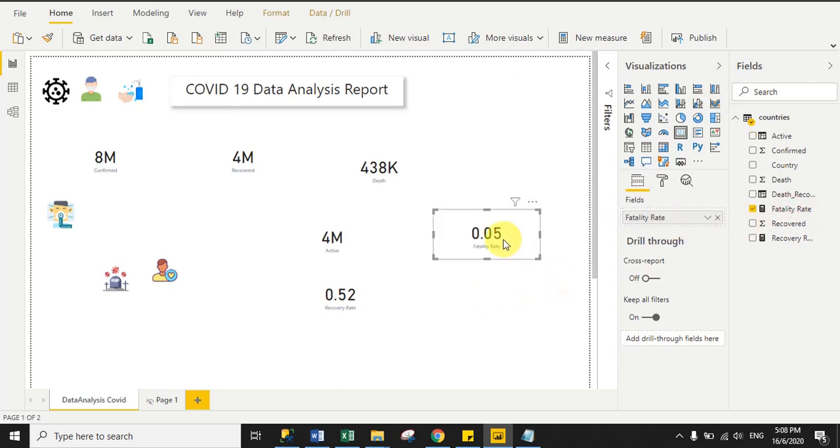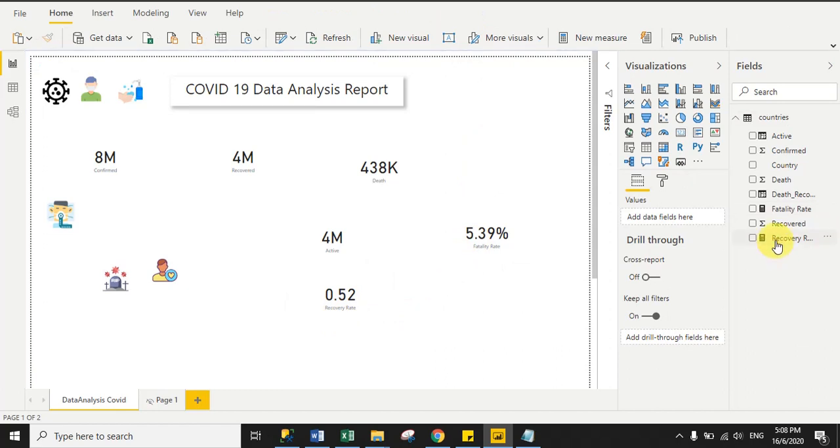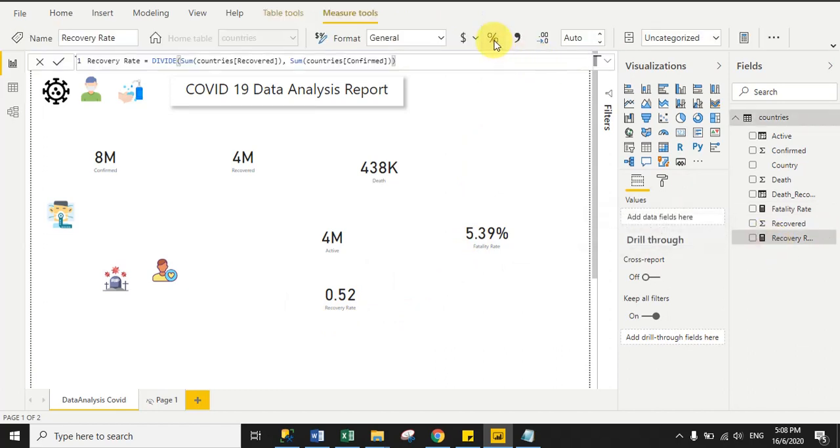You can see it is still showing the fatality rate in decimal. So just select the measure and click the percentage icon, right? See, now it is showing in percentage. Same, select the recovery rate measure and click the percentage icon. You can see it successfully converted the recovery rate to percentage, right?